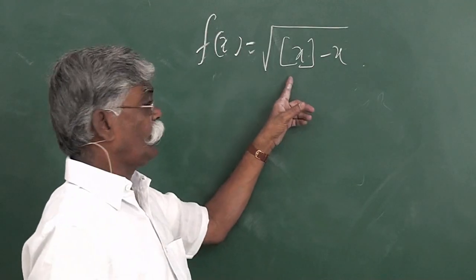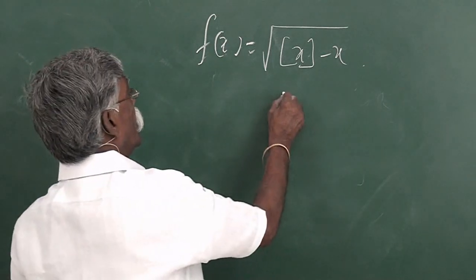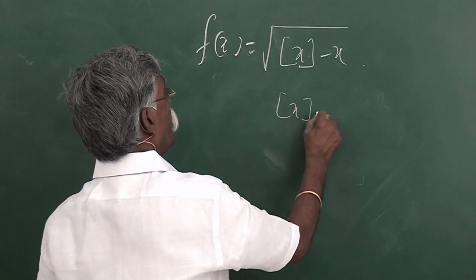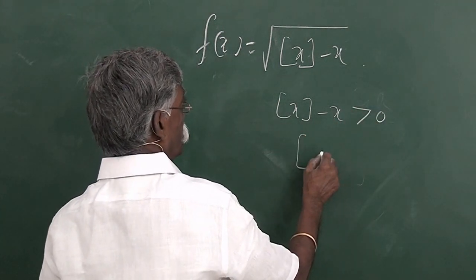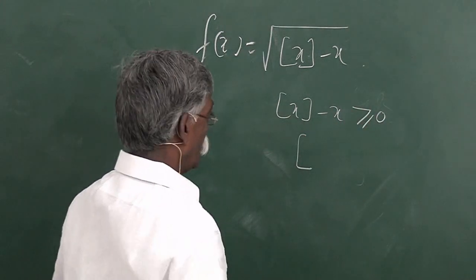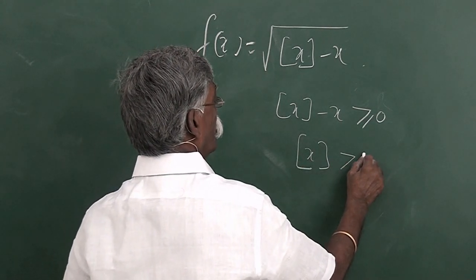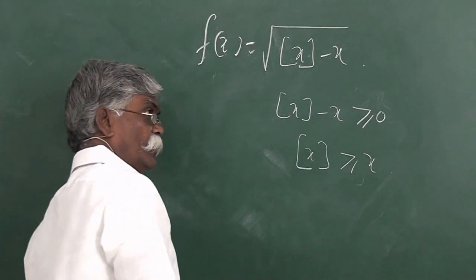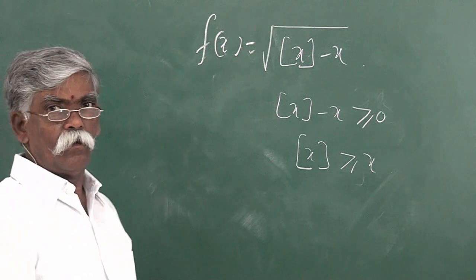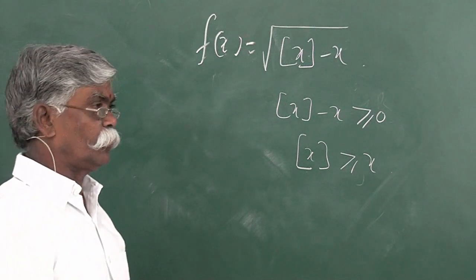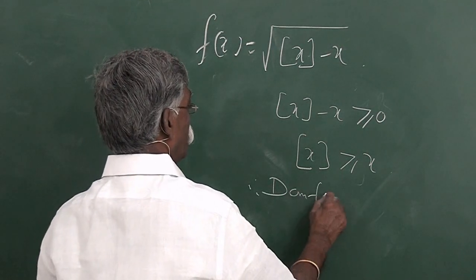From f of x is equal to square root of step x minus x, and step x minus x must be positive. That means positive or 0, and step x should be greater than or equal to x, and this is possible only when x belongs to Z. Therefore, domain f is equal to